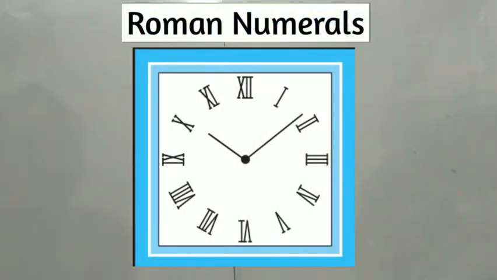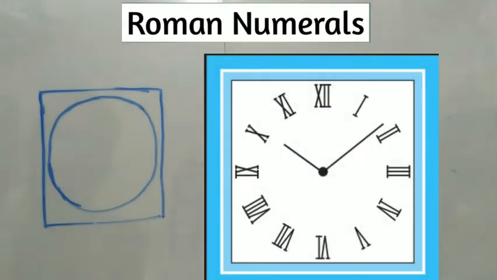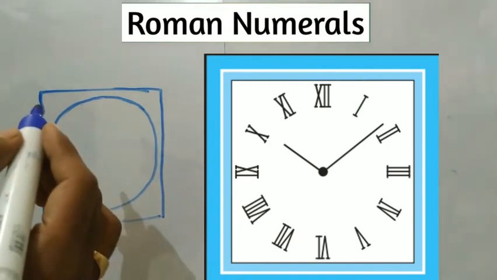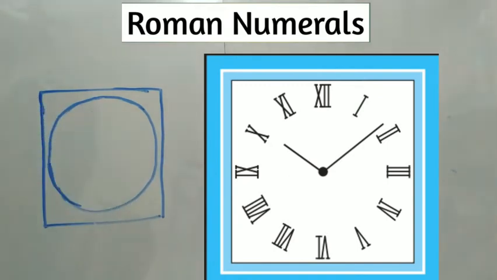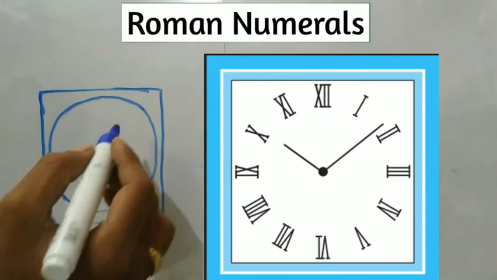Dear students, today I will teach you Roman numerals. This is the first chapter of 5th class. This clock doesn't have any numbers, but it shows some symbols like